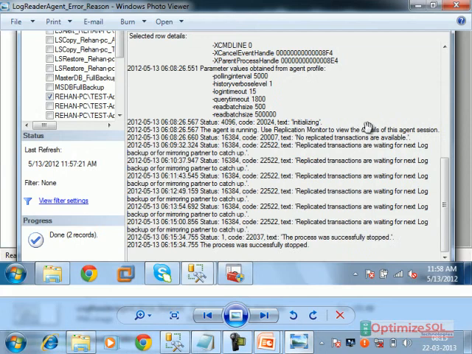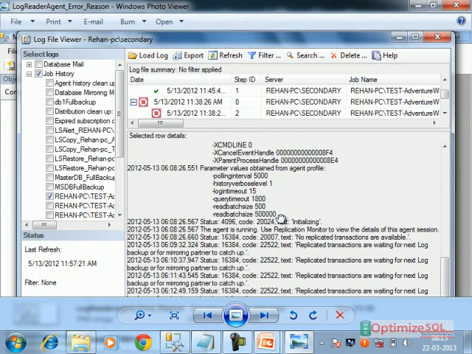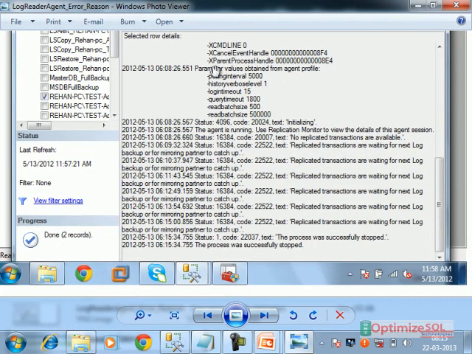Observe, this is one of the errors. See what it is saying. Actually, this is from the log reader agent.